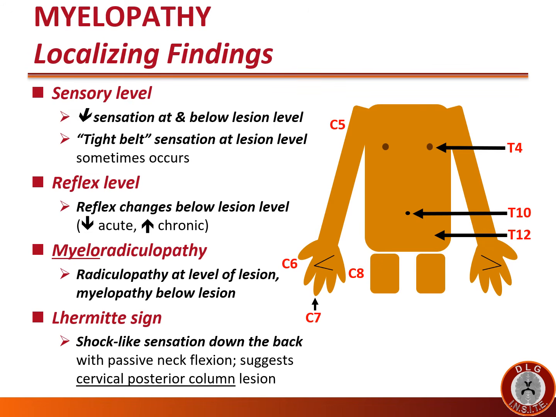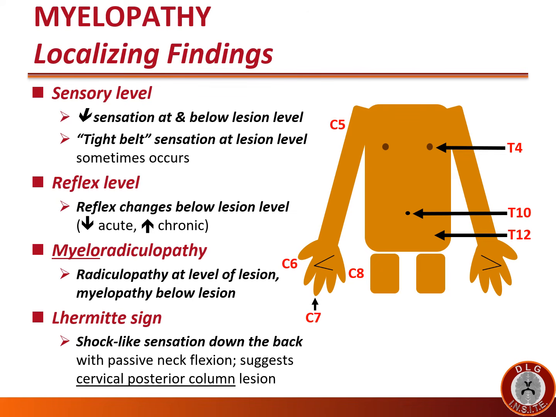So, in other words, normal reflexes above the lesion and usually increased reflexes below the lesion, maybe acutely decreased, but chronically increased. Sometimes a lesion compresses a nerve root at the same time. So one might have a radiculopathy at the level of the lesion and a myelopathy below the lesion. For example, if someone has pain shooting down their arm into their thumb and at the same time has decreased reflexes in the brachioradialis and biceps, but has increased reflexes below that and a sensory level at around C6, they